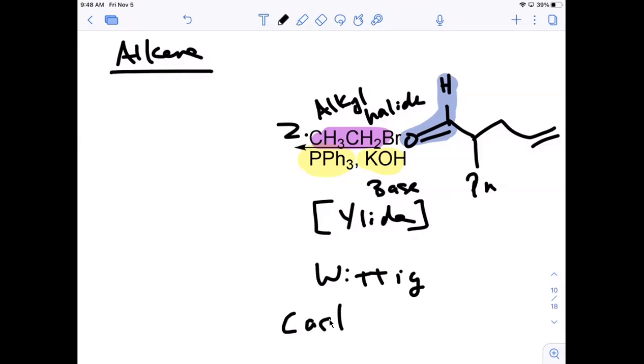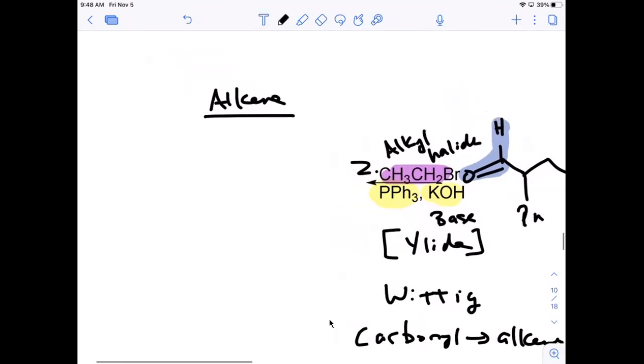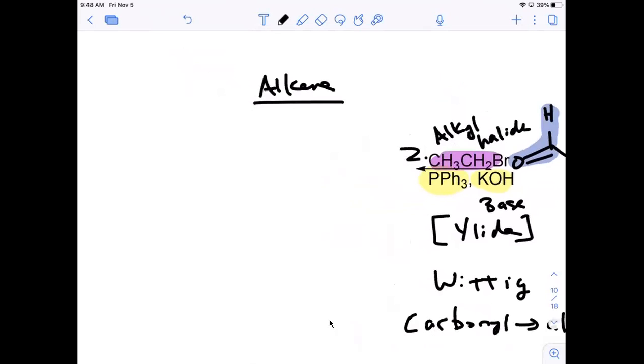So you go from a carbonyl to an alkene in the product. All right, so what is the alkene going to look like? What's the shortcut I gave you? You swap the oxygen with whatever is attached to the bromine, minus the bromine and the hydrogen. Okay,